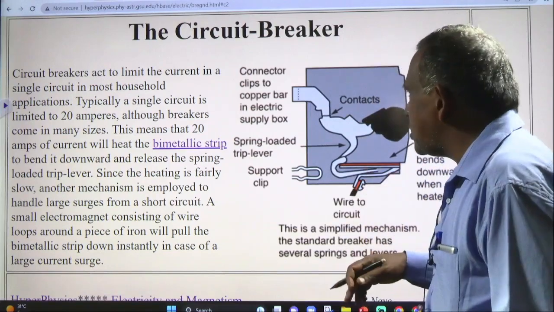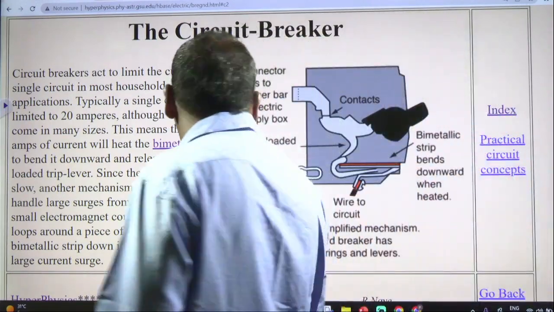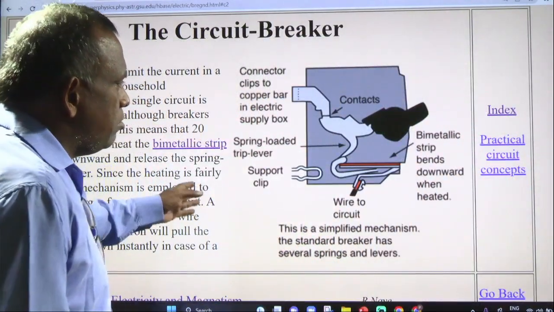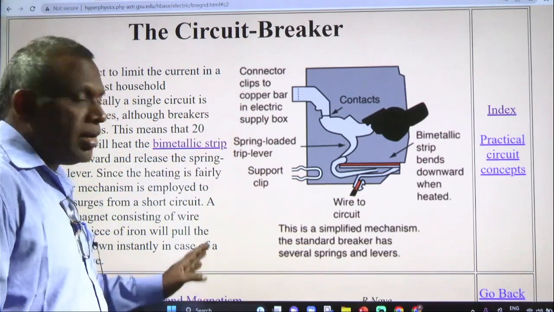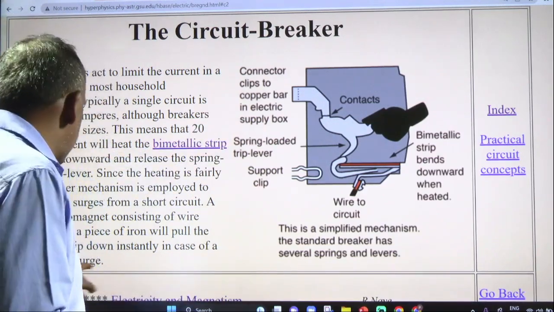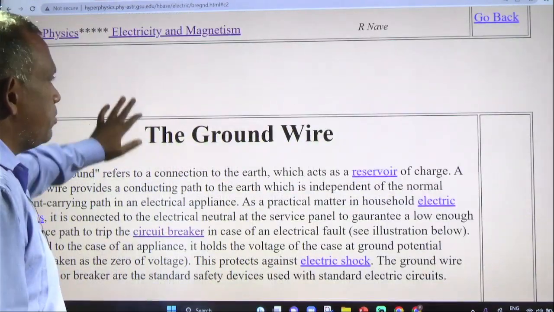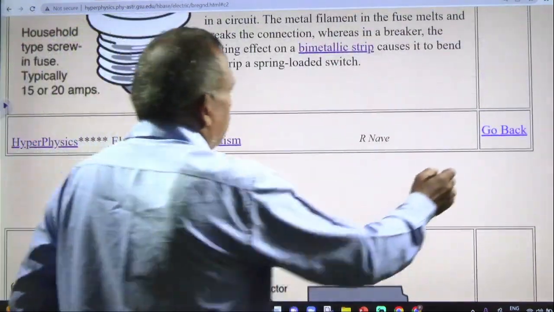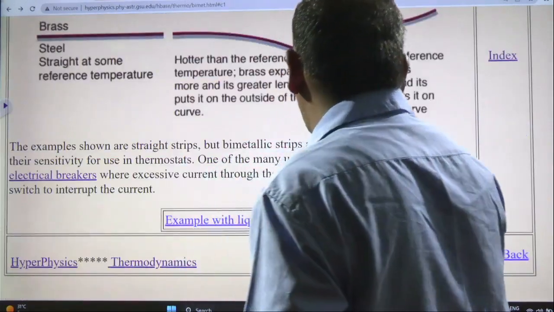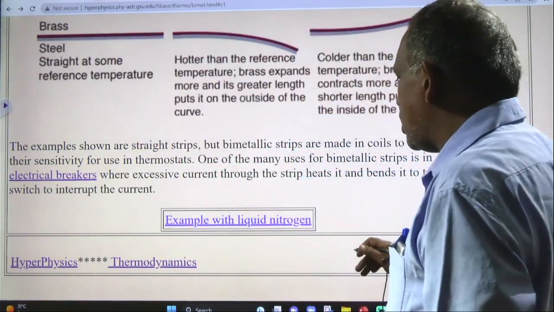This is the electrical system, the circuit breaker. If there is a circuit, you can break or make the circuits. In that way, it is very, very helpful. So this is about bimetallic strips. See, coming to the